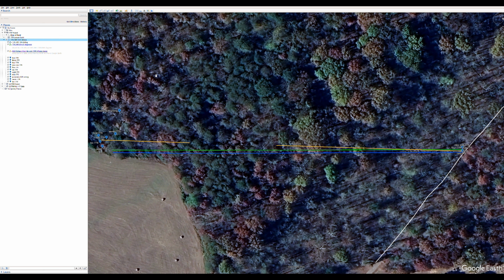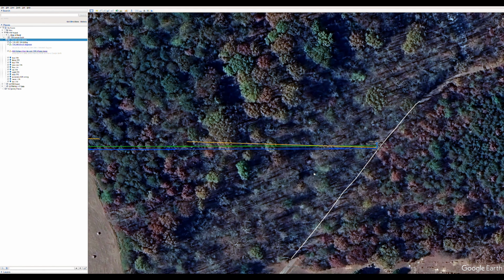So while we were at the site on the iPhone, I drew this top line, and this was the one where I kind of said, okay, I'm going to put a line in about the middle of the points as best as I can tell on the iPhone, and then draw the line across for about 800 feet. And it actually came out pretty close, but then the results here that I'm showing, let's go over here and